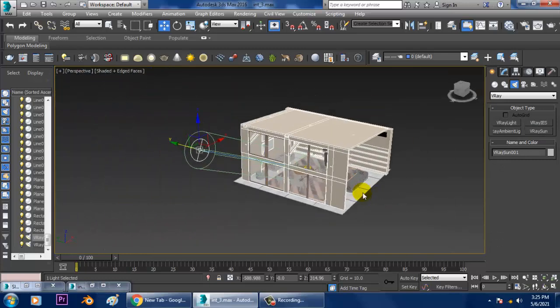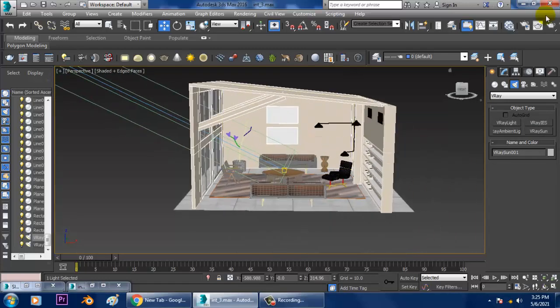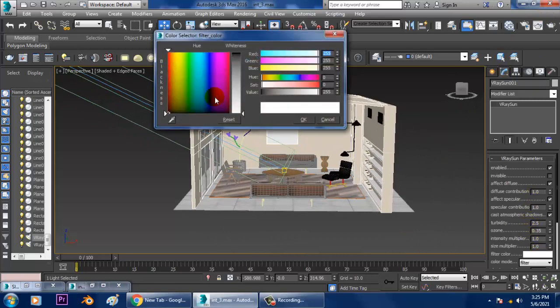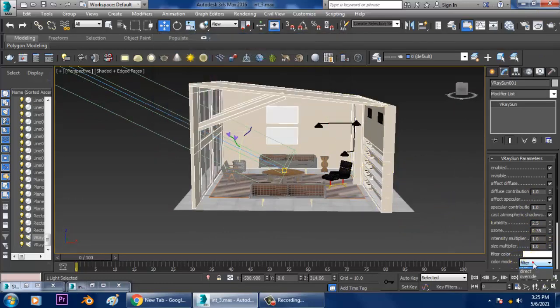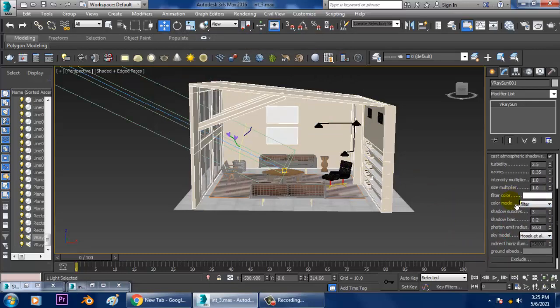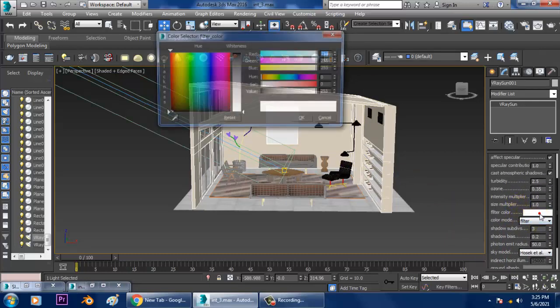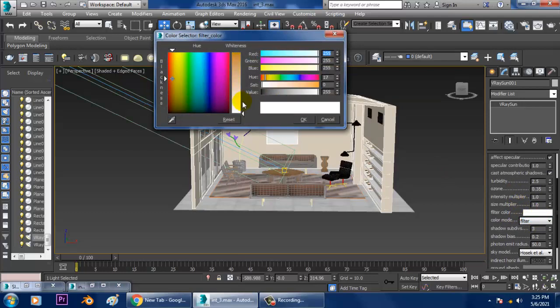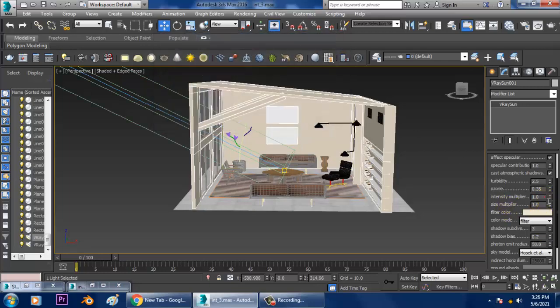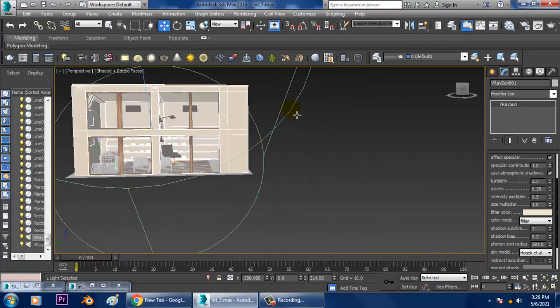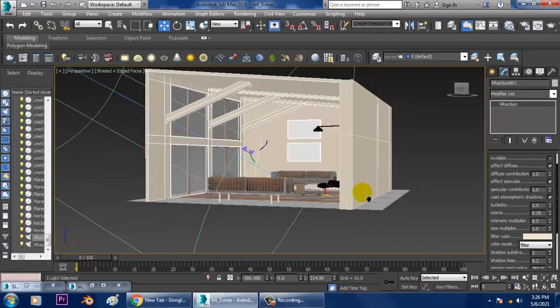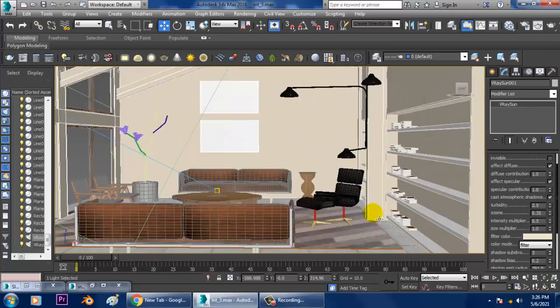After that, I can change the color for the sun. Let's go into the intensity multiplier, we can keep it to 0.5, and I can increase the photon emit radius. I want my light to totally emit inside.